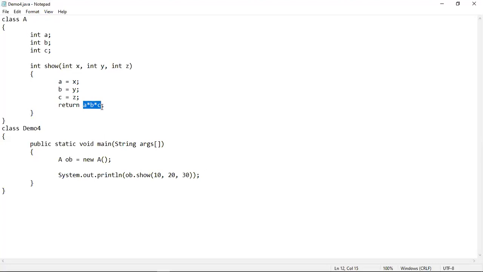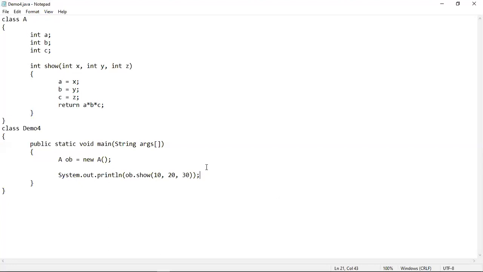That means it will give you 6000, and the 6000, which is an integer value, that's why the return type is int. That value will be returned to the main method, and it will be returned to where? It will be returned to here, where the call is being made. Into this statement, the returned value will come, and directly it will get printed on screen, because we have not taken any variable that will hold the returned value. So this program will also give you 6000.